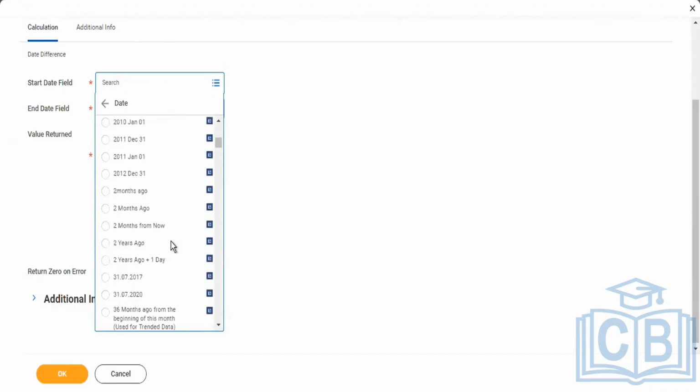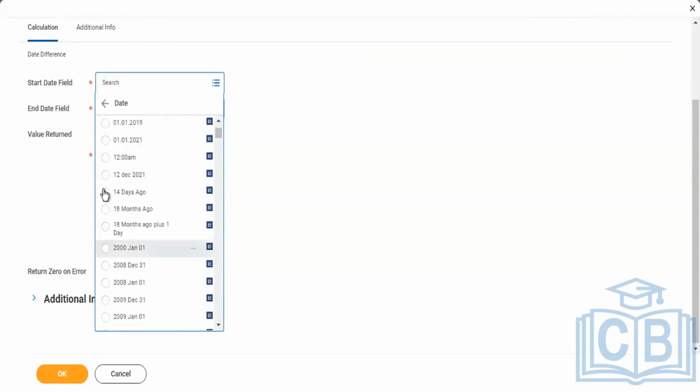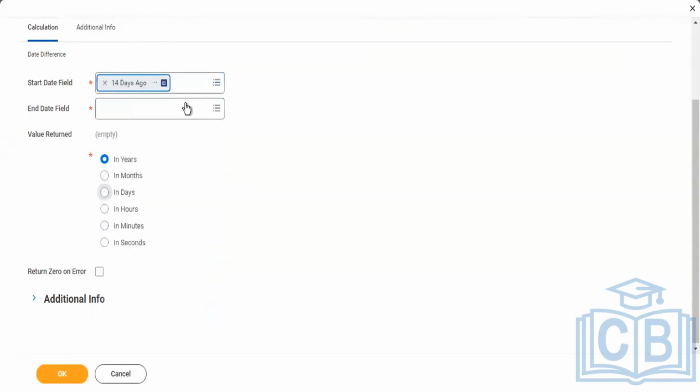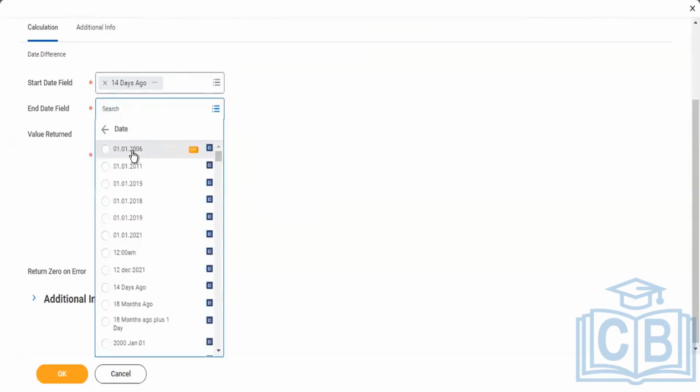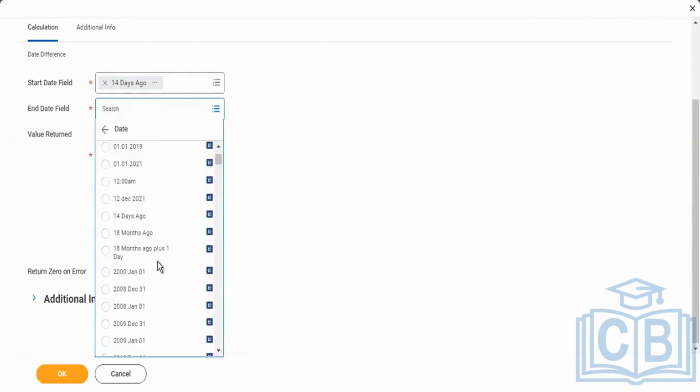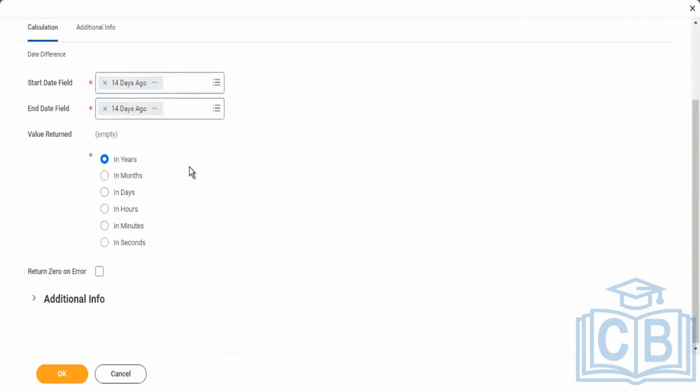As of now, I'm going to take an updated one for the 14 days ago related data. I selected the start date and end date. I'm going to select global fields again. Under this, I'm going to select the date again. Under this date also, I'm going to select 14 days ago, and post selecting this, here you can see